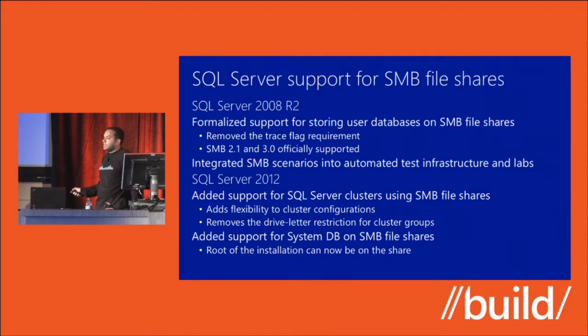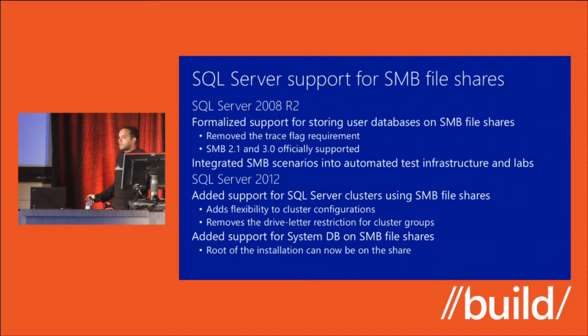It's fully tested and supported. Now with Windows Server 2012 and SQL Server 2012, we have the advantage of SMB 3.0. So you get continuous availability in addition to all the features which were supported in SQL Server 2008 R2. So you could set up a cluster with continuous availability, and then you can point to, you don't need to